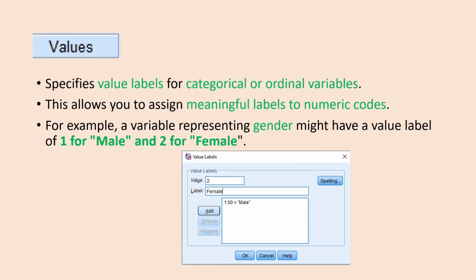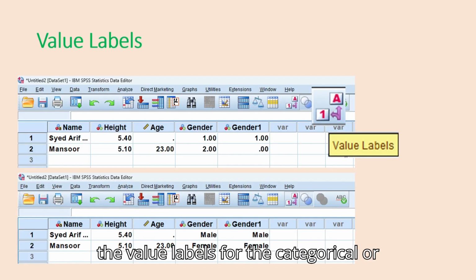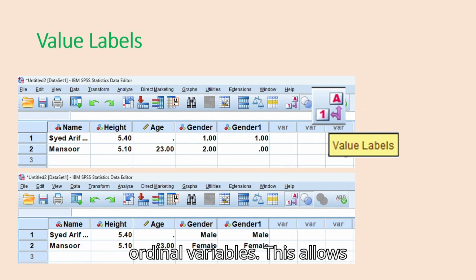Values. Values specify the value labels for categorical or ordinal variables. This allows you to assign meaningful labels to numeric codes. For example, a variable representing gender might have a value label of 1 for male and 2 for female.